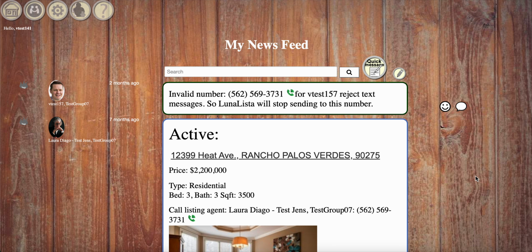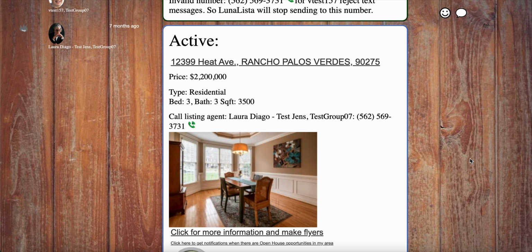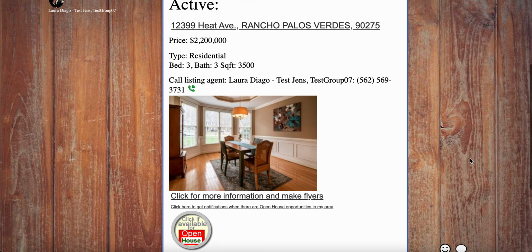When you log into LunaLista, and you can do that at LunaLista.com, or click in one of your text messages or your emails, that leads you into a newsfeed. This is a complete fake office I have here, and each office can have their own background. This one, I've chosen this very different background. Yours will be different. When you go in, you might see new listings, and